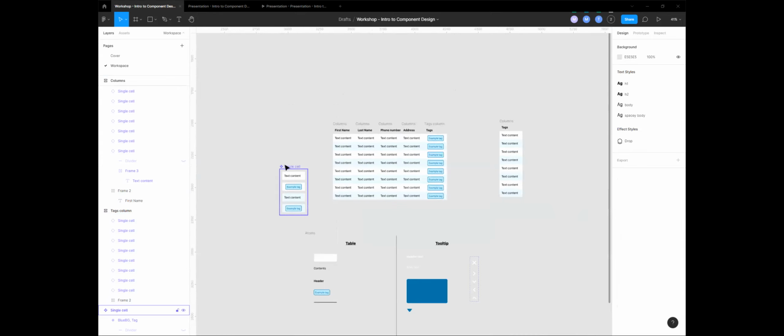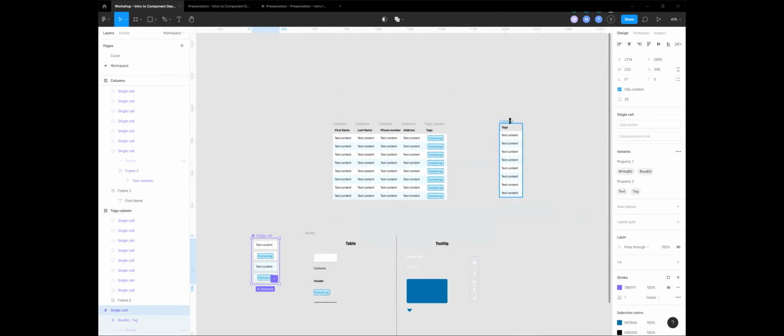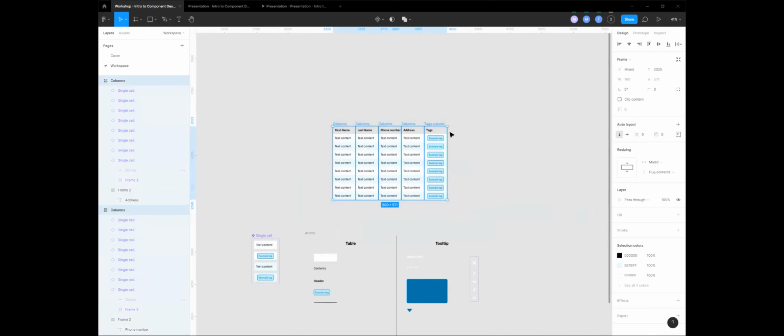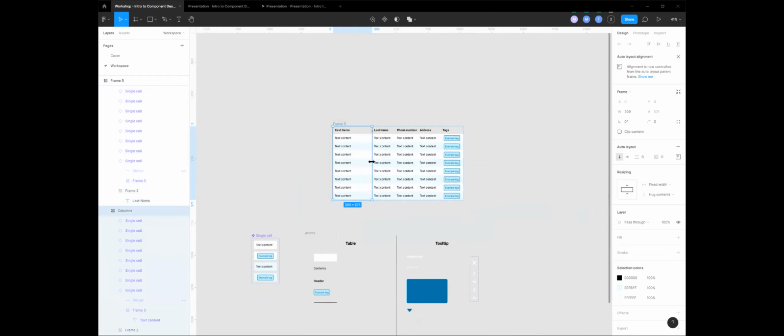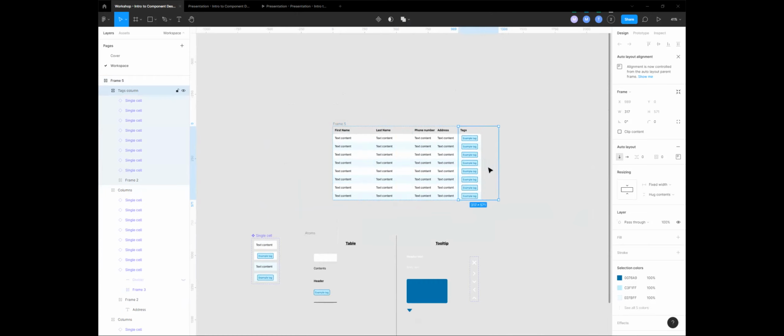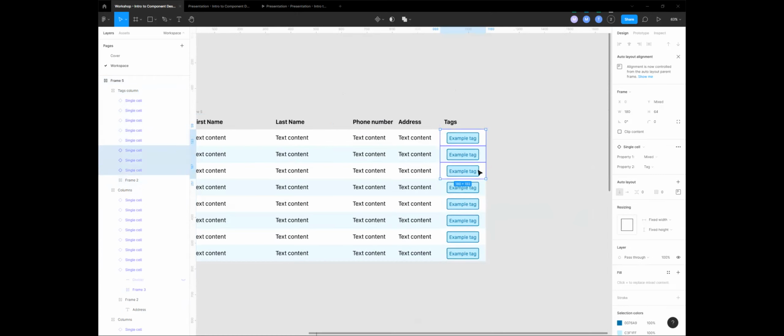Right, and from there, we can even throw all of these into their own auto layout and have it on clip content, such that if we want to have fewer or more rows for each, we can just resize that table. And just the same, if we want longer names, we can resize each individual column. If we want more tags, and change the behavior of the tags as we should have done before,